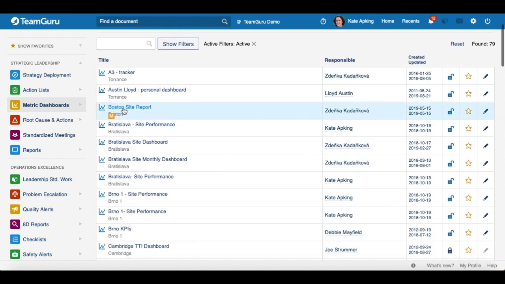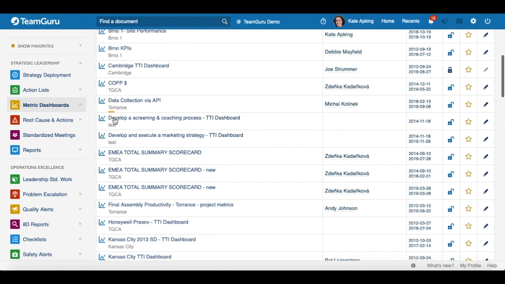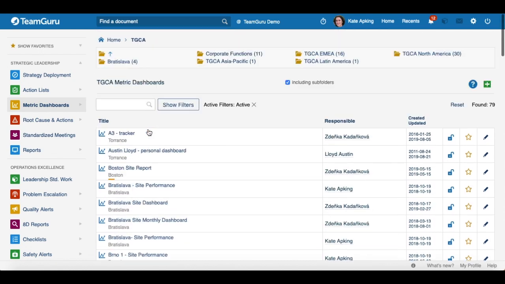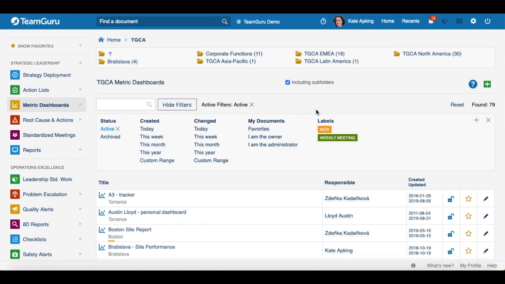You can now mark your standard related documents in the system with the same label. This feature is applicable in our three modules: metric dashboards, quality alerts, and AD reports module. But over time, we would like to apply this feature to other modules as well. And since you are able to mark your documents with a label, you will also be able to search these documents in the system quickly and easily by using our filter and choosing the labels option.